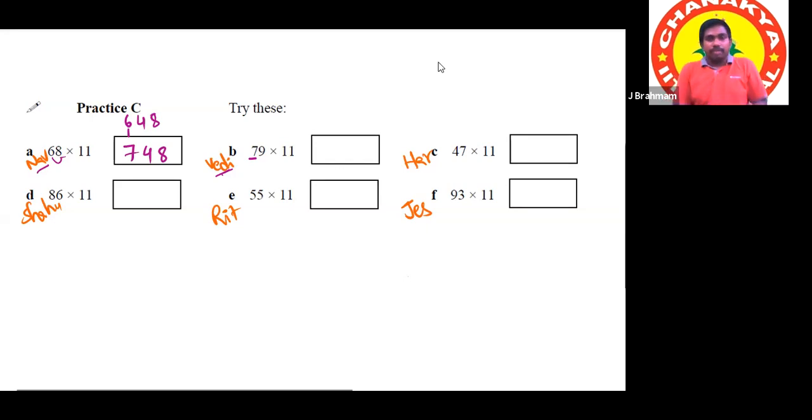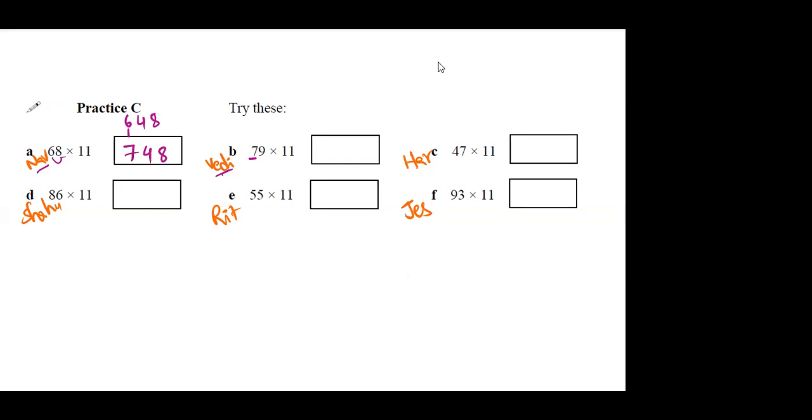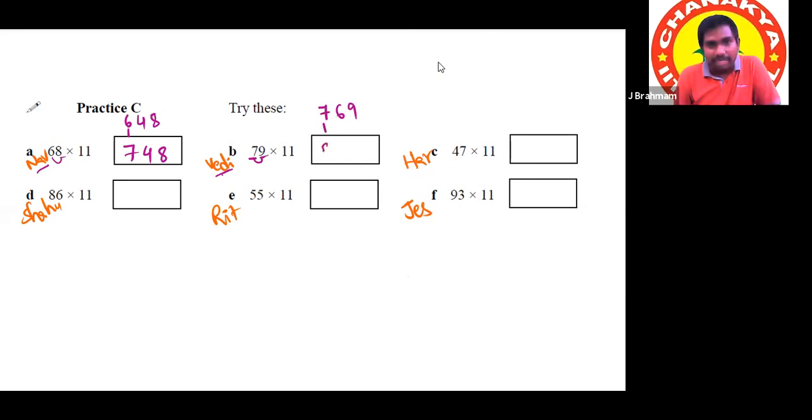Vedika, ready? So the first digit is 7, and then 7 plus 9 is 16, and then the last digit is 9. So overall, our answer is 7,869. Yes, 869. Correct.